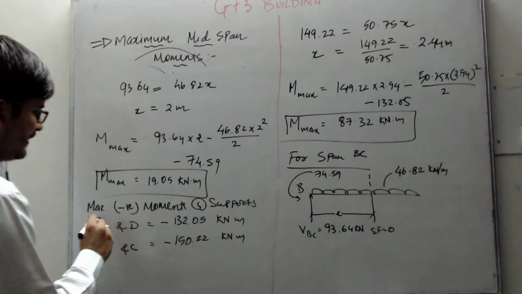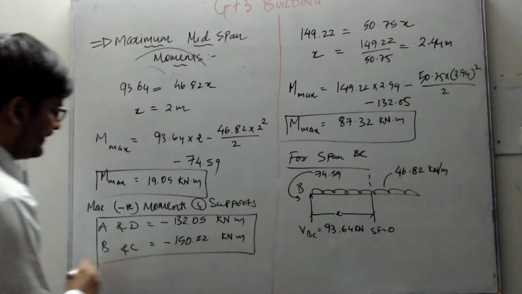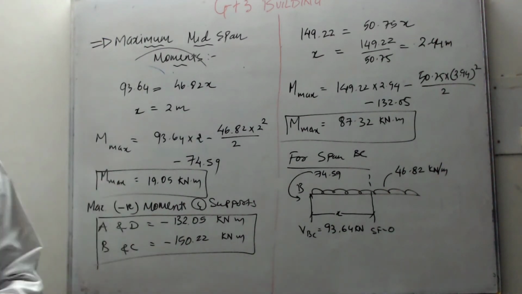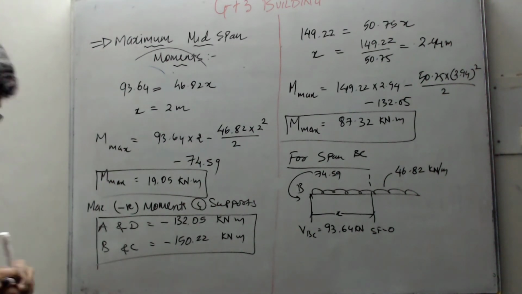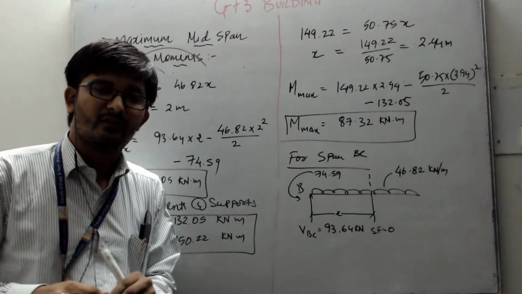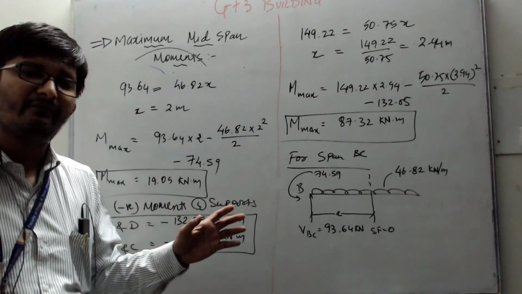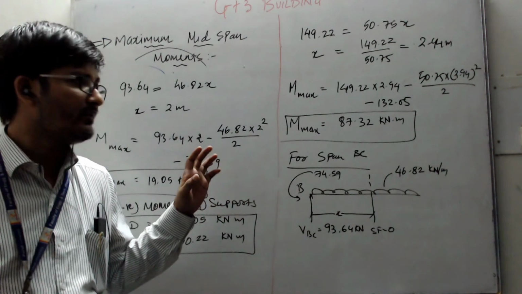For this I need to design for the negative reinforcements also. So this is how we can calculate the bending moment. Once we get the bending moment value, the next step is very easy. We need to find out PT, AST, but in the beam design we need to check whether it is a singly reinforced beam or doubly reinforced beam. That we will see in the next lecture.